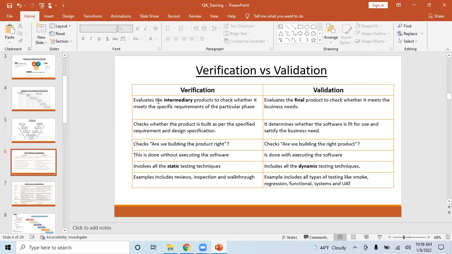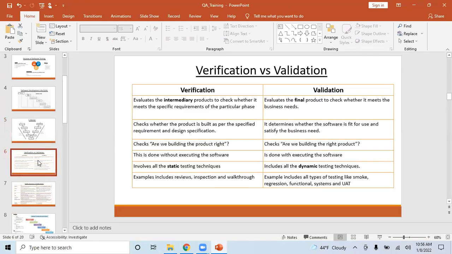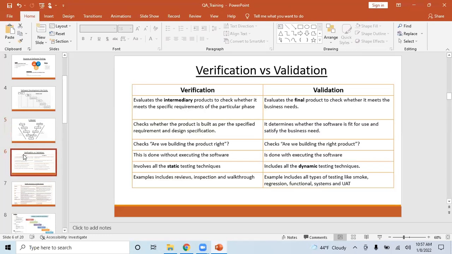For example, when you do your business requirements verification, in a way you are also evaluating whether the business requirement is fit for use or not.